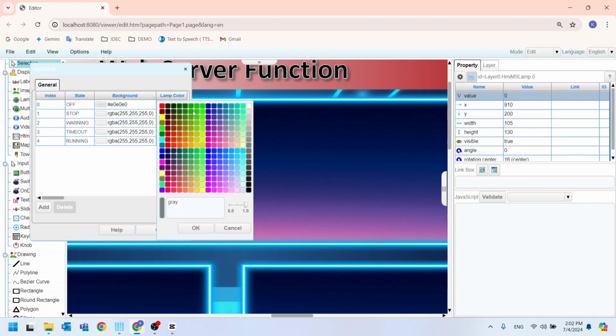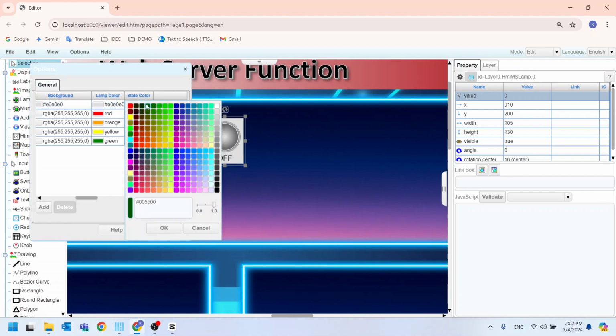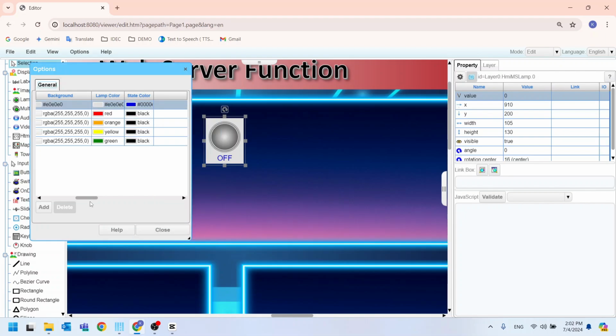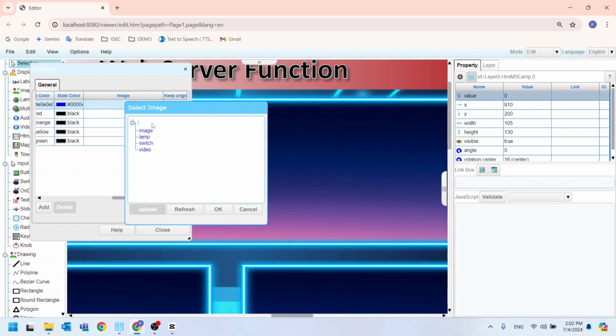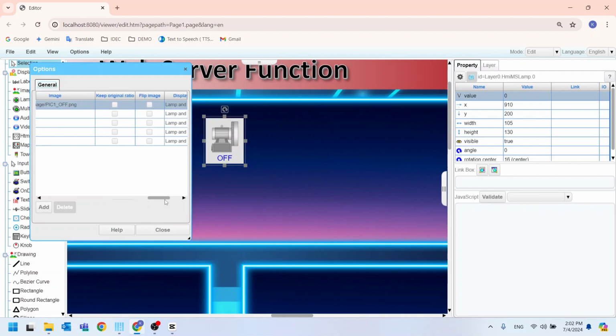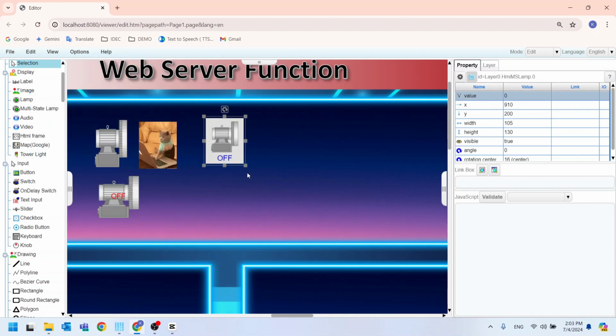And you can change the lamp color here. Then scroll right, and you can change the color of your text here. If you want to use your own image, you can select it from the Image column. And if you want to display only the image, you can set it in the Display Item column. Once you have finished setting up, press the Close button to close.